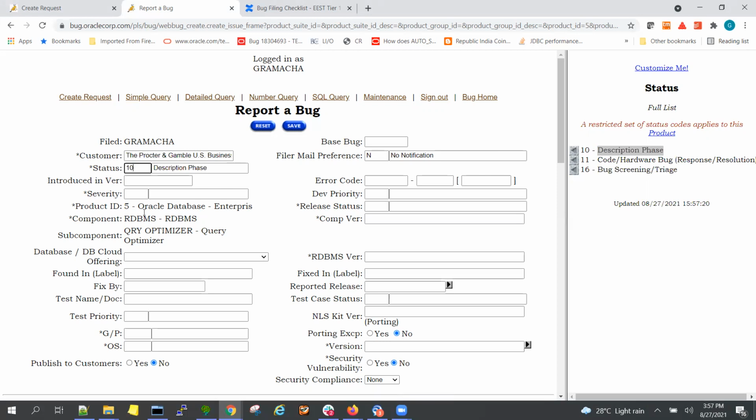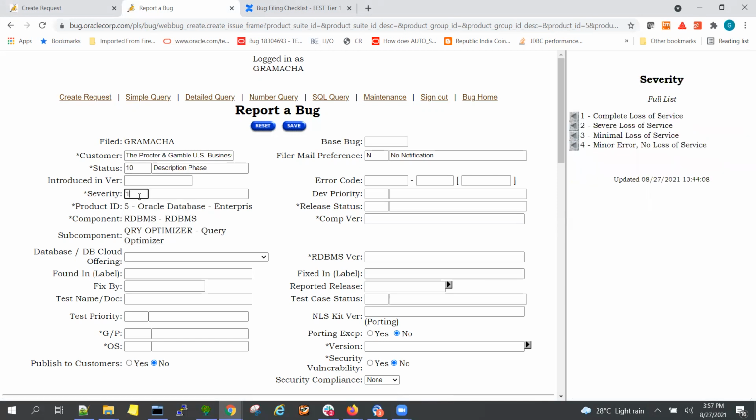Now, let it be severity 1. Severity 1 we normally say is a complete loss. It is not only a production down. There could be some kind of concurrency issue, or a critical query performance problem which is part of the batches causing a huge problem. The batch job is not completing, or concurrency issues like a latch or mutex are causing whole DB performance issues. Then still you can use severity 1.